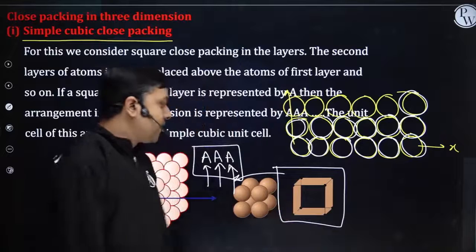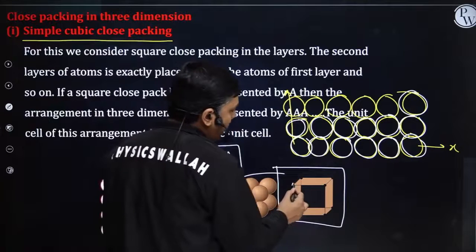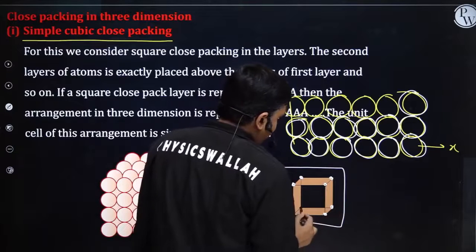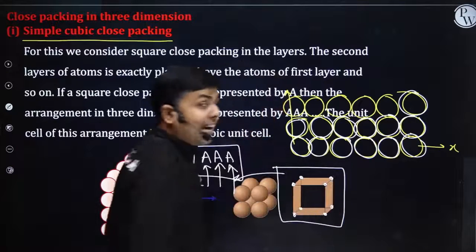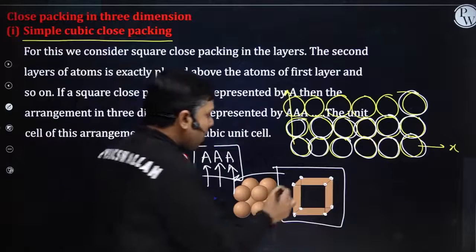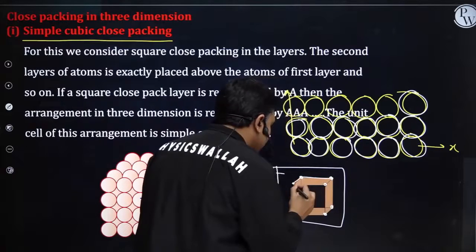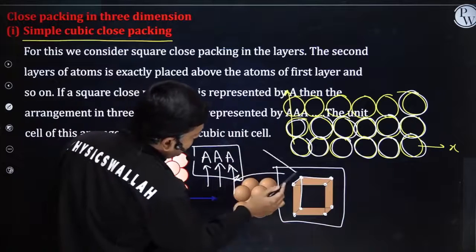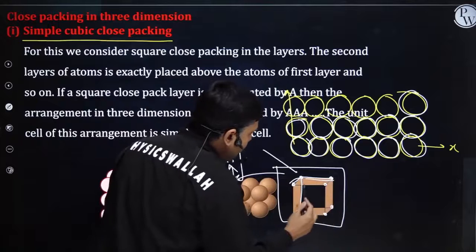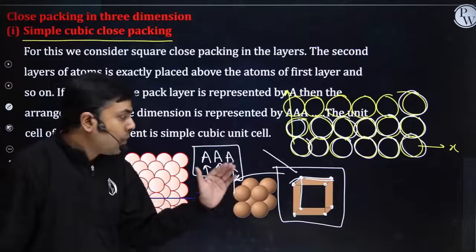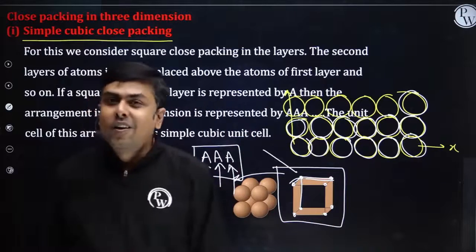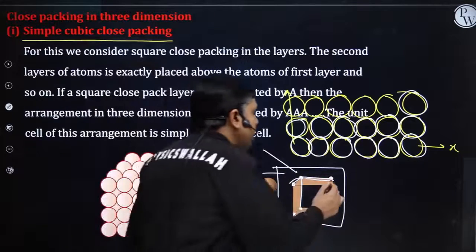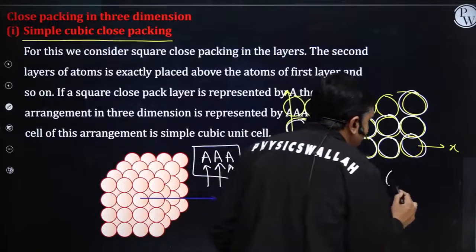Student, this is the unit cell, and we have already studied the properties of these unit cells. In this unit cell, the atoms are exactly at the corners, and the corner atoms touch the adjoining corner atoms. Am I clear? So if I focus on this particular atom, it will touch this one, and this one. One along x-axis, one along y-axis, and the other along z-axis. In the entire unit cell, one particular atom will be touching 6 atoms.